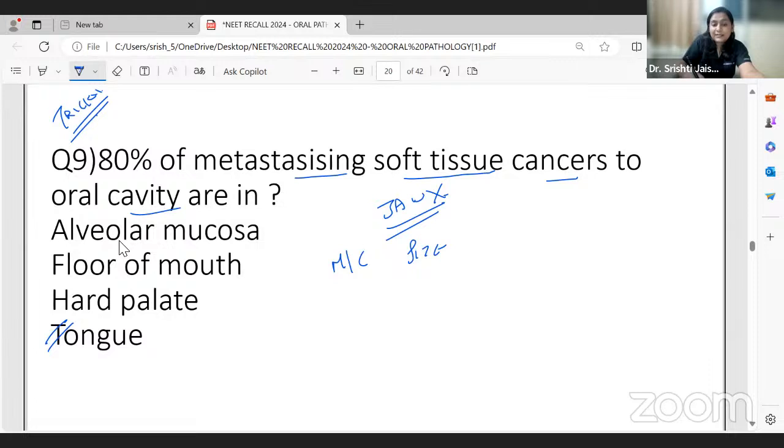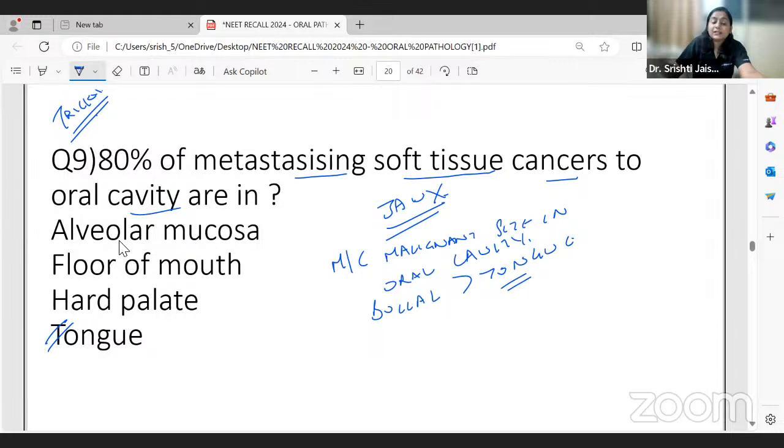common malignant site, most common malignant site in oral cavity is equally shared between the buccal mucosa and the tongue, and somewhat it is said that in India, buccal mucosa is more than the tongue. Most common site that gets involved in the oral cavity, okay, that is the buccal mucosa. But here they have twisted the question. 80% of metastasizing soft tissue cancers to oral cavity, I would go with the tongue as the best